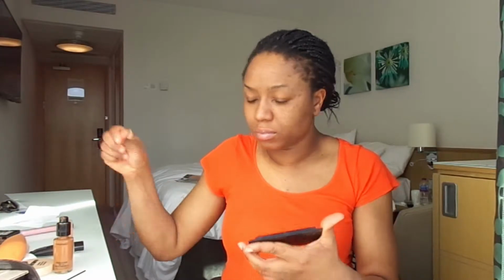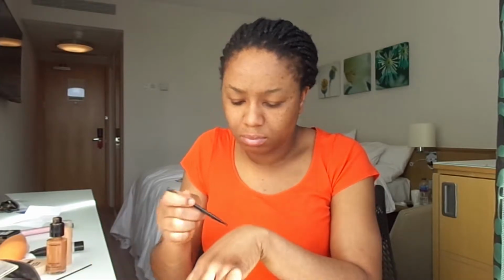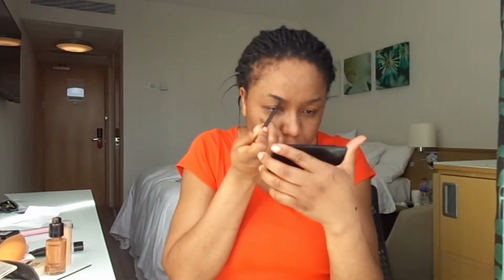I like doing this before applying other things because sometimes I forget to do anything to my lips because I'm running late and don't have time to do lips. So the fact that I've done this means that even if I finish my makeup and forget about the lips, I still look all made up. And then after that, I go on applying my